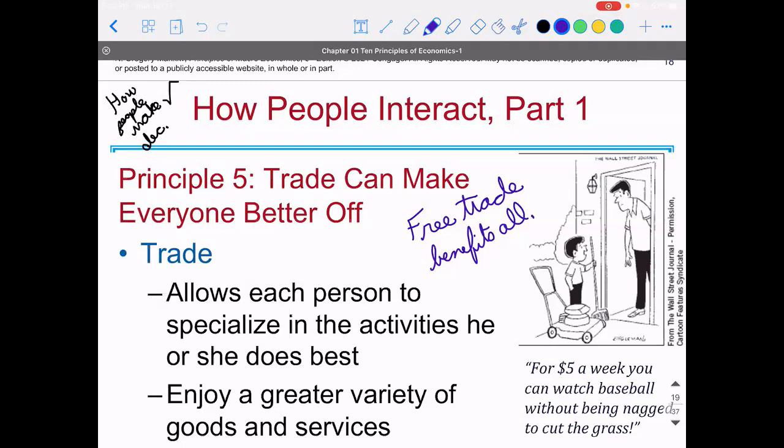Now, the problem is, again, the shoemaker has lost his or her job. So that little subpart of society has lost out from free trade. But we can do something as a society to help that person so that free trade can still occur, which is in fact what we do. So we have this program called TAA, which stands for Trade Adjustment